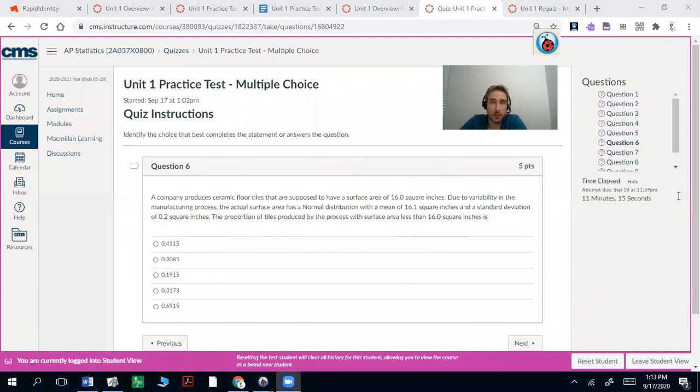A company produces ceramic floor tiles that are supposed to have a surface area of 16.0 square inches. Due to variability in the manufacturing process, the actual surface area has a normal distribution with a mean of 16.1 and a standard deviation of 0.2. So your mean, 16.1, standard deviation 0.2, it's normal. The proportion of tiles produced by the process with surface area less than 16.0 square inches is, so your goal is to find out